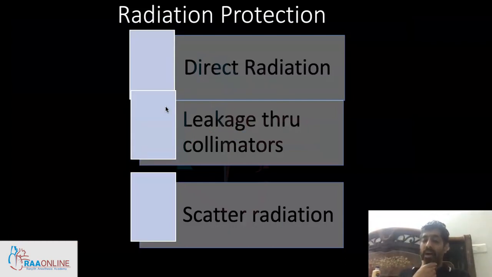So first I will come to radiation protection, because your safety is paramount. So you and your staff or your technician safety. If I ask, what are the sources of radiation in a DSA lab? It's direct radiation from the X-ray tube, leakage through the collimate